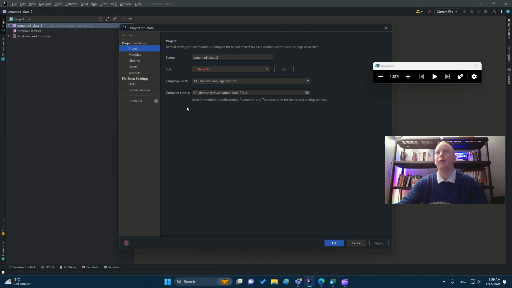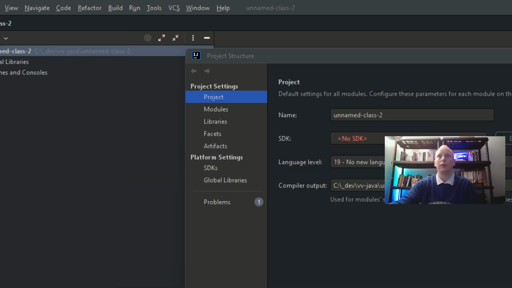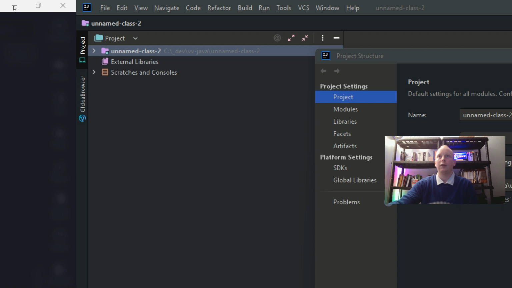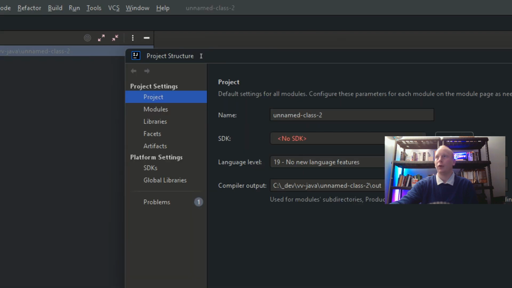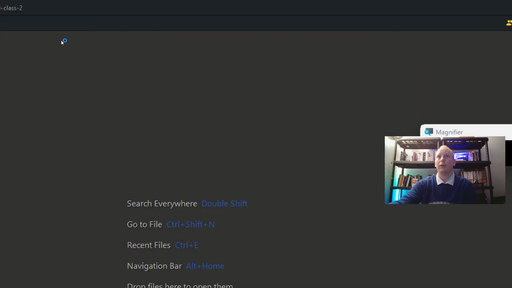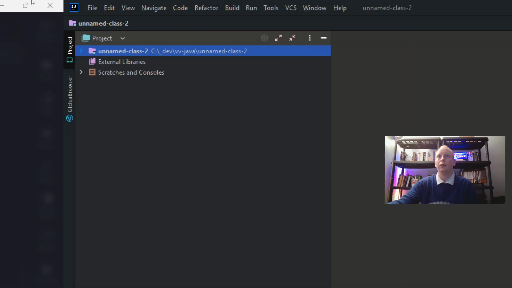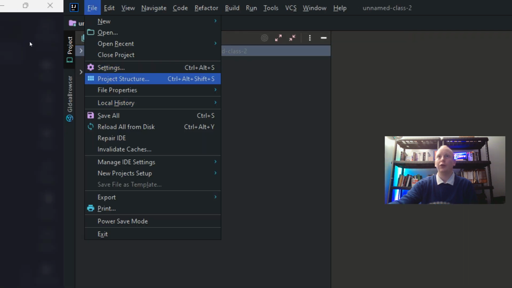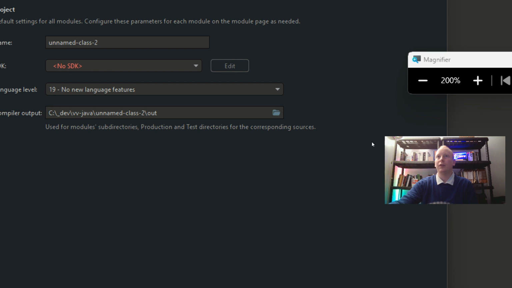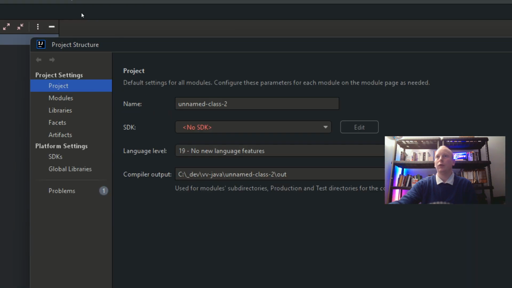To benefit from the latest Java 21 version, you have to go to the project structure. I will show it. So you go to File, Project Structure, and then you select the different information.